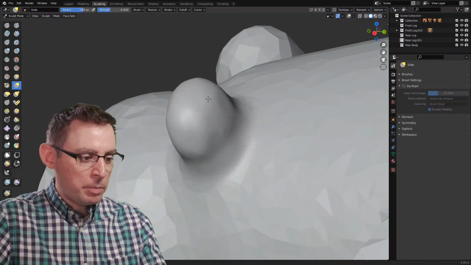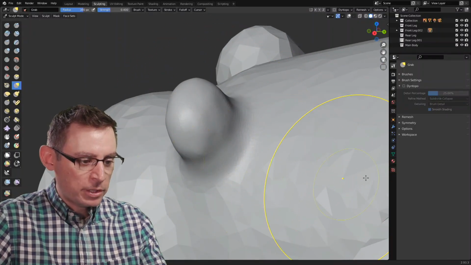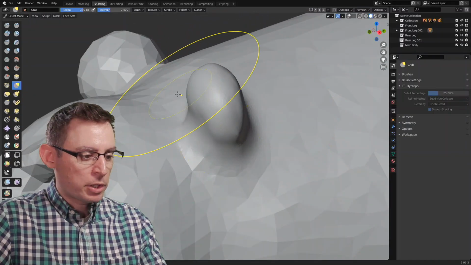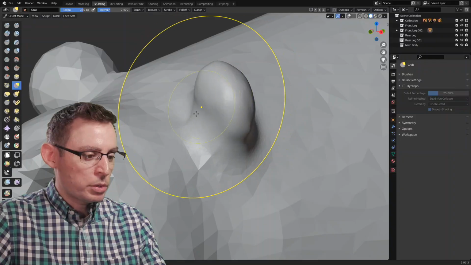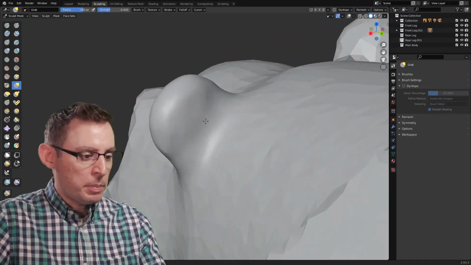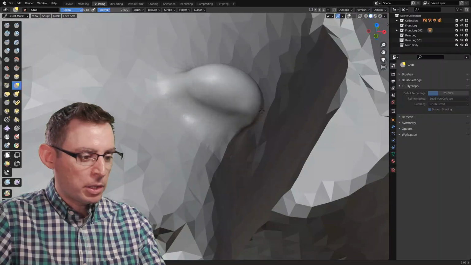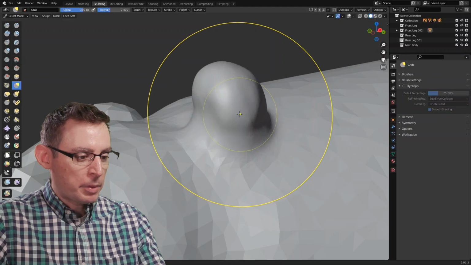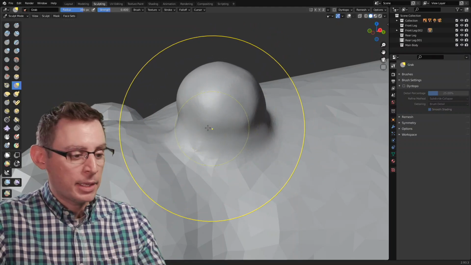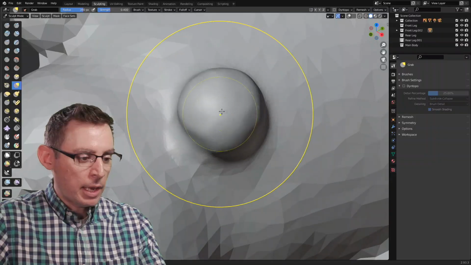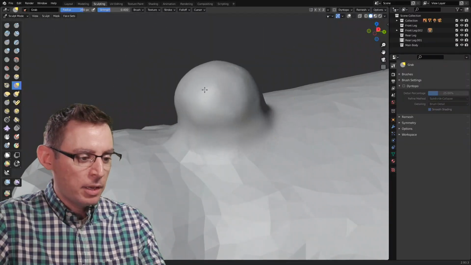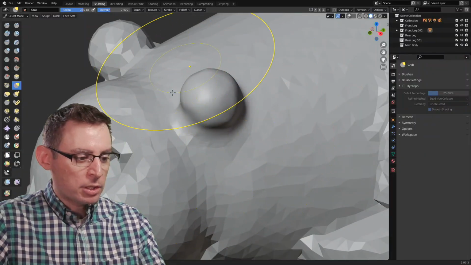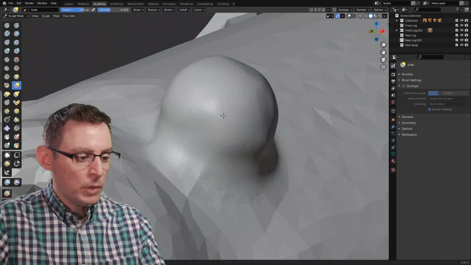I like using these big brushes, but I don't want to influence all of this stuff down here in my model. Big changes need big brushes, but we want to be able to control which parts of our mesh these big brushes are influencing. That's beginning to look a little bit like an ear. I've got a little bit more to do here. I'm going to go back in time a little bit, and I want to do some masking. I want to tell the computer to only influence just this area around the ear itself. I don't want the computer to allow me to make changes to the base of the head. Okay, let's do it real fast.